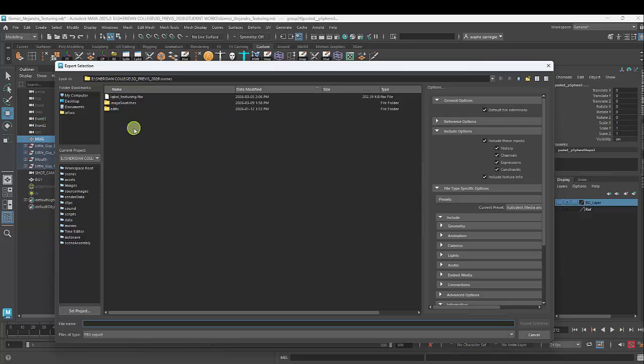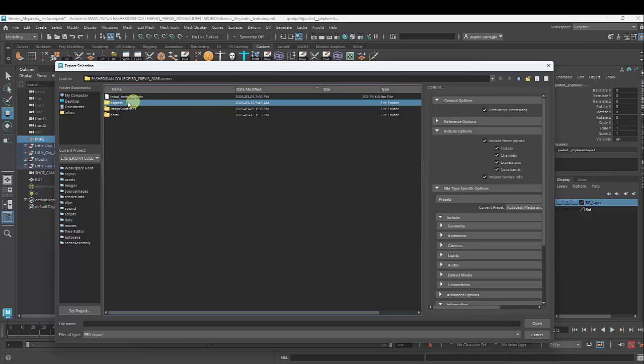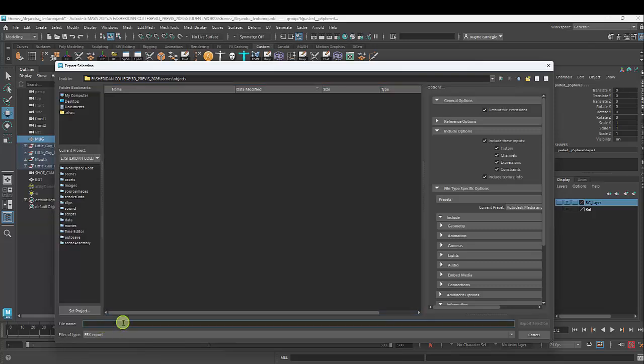In your scene file, in your previous scene file, I want you to create a new folder by clicking this icon here, and just call it Objects. Okay, within this folder, I'm gonna save this, and I'm gonna call this scene